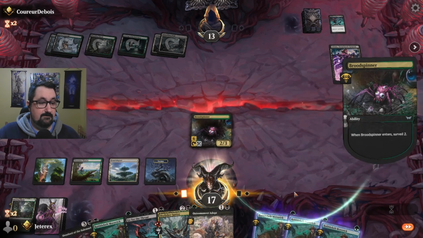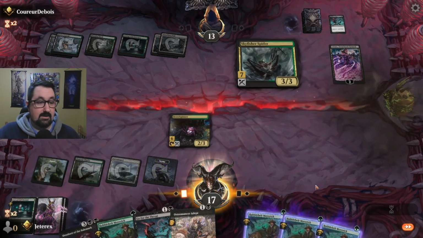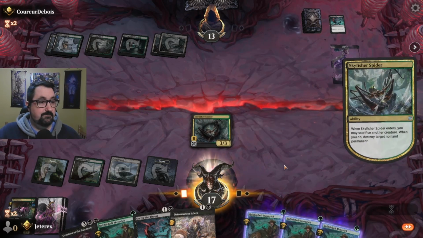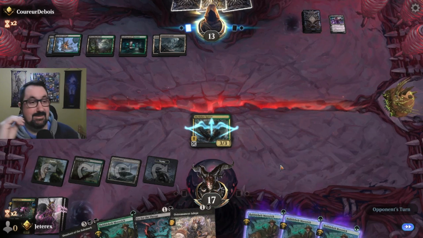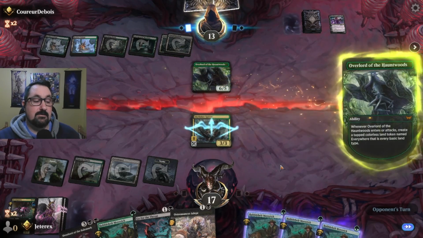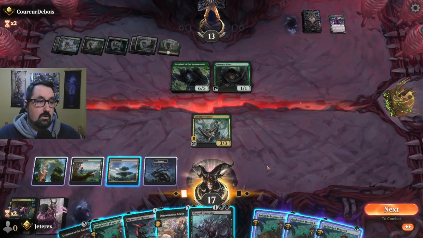Brood Spinner again. Lands to the graveyard. Spider again. Get rid of Lily. Tough. Their deck is way more resilient than ours. I'm okay with that. And an elf. You got it. Okay, so...